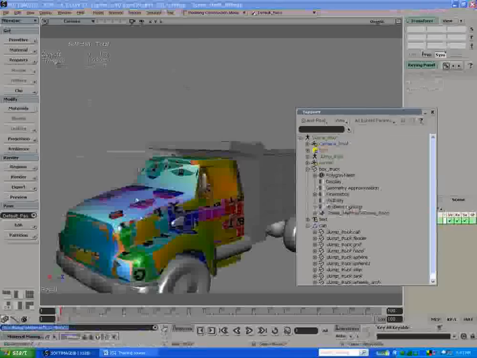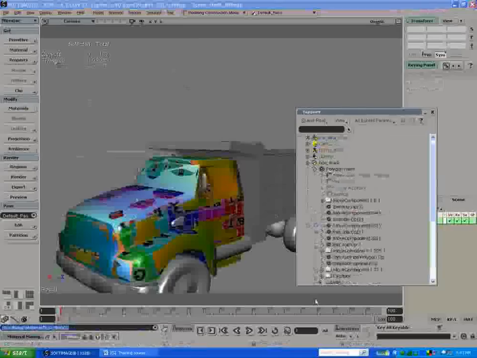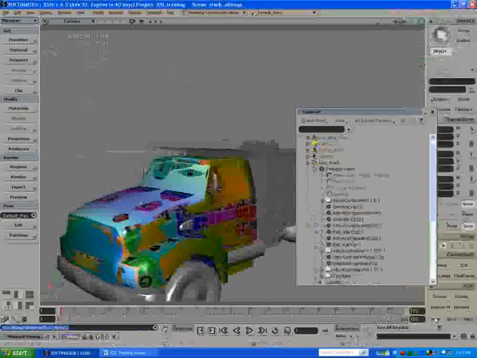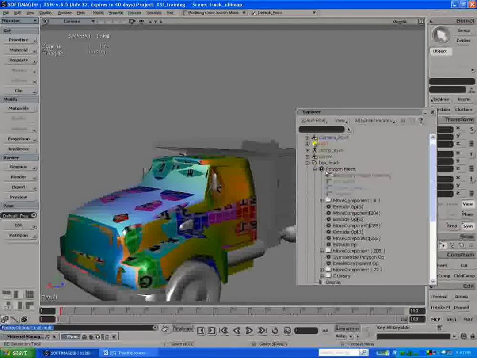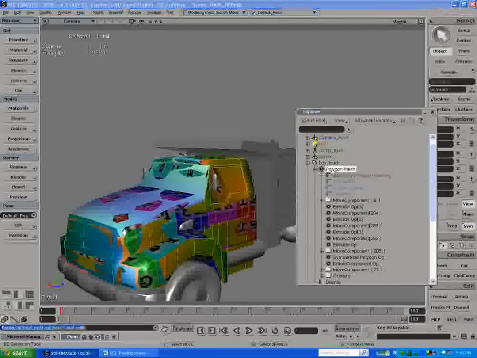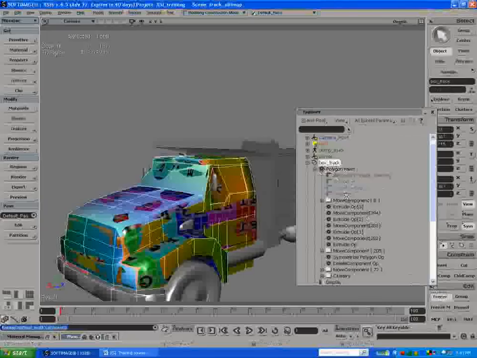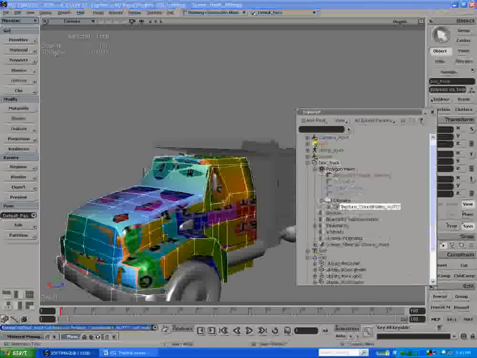So we're back to how it was. Okay, and let's get rid of a few other things in here just to freeze that down. And we'll get rid of